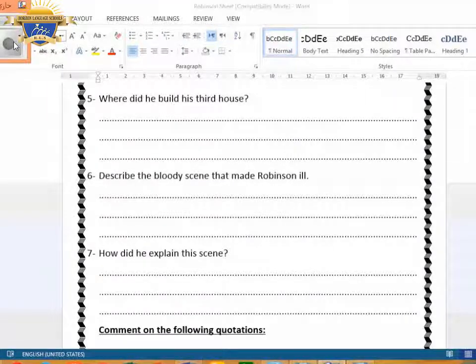Okay, let me give you a hint about the next chapter under the title of Man Friday. There is a new character who will appear in the next chapter, chapter 7. What do you think about it? Who will be that person, that new character? And what do you think about that footprint Robinson found, I mean? Do you have any idea? We will know next time.